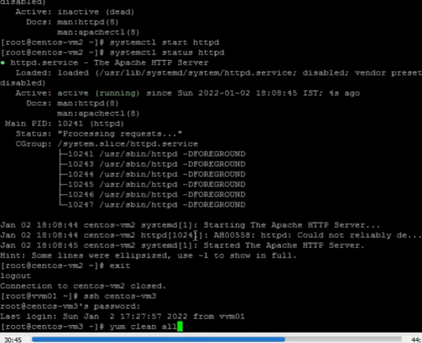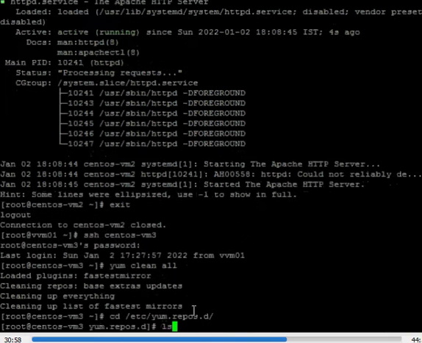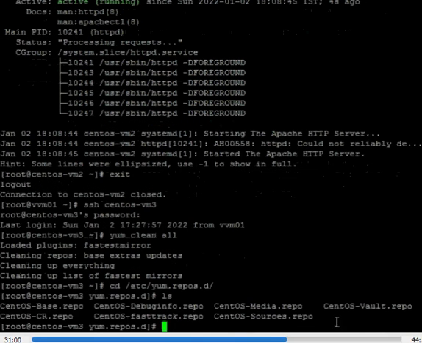Let me show you the, okay, let's do yum clean all. Then let's go to the folder. And you can see the repos. These are the vendor repositories.